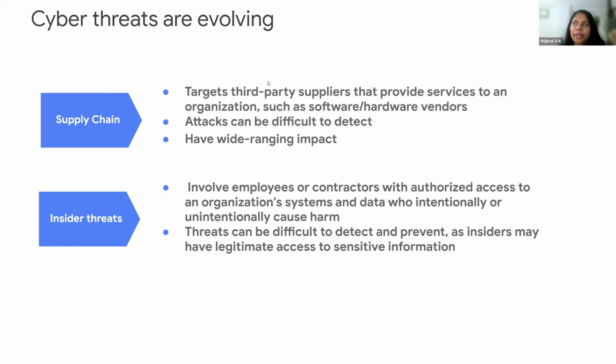For example, you might be looking at the audit logs, you might be looking at the access logs, but you will not see anything over there. Why? Because this data, the audit log, is that of a genuine user. But you don't know if this person is accessing that data to cause harm. So it will be very difficult to detect and prevent unless you see some anomalies in terms of a specific data transfer to a location that shouldn't have happened. Unless you have that kind of monitoring, it'll be very difficult for you to understand that this is actually an attack happening, because the users who are doing it are legitimate users.